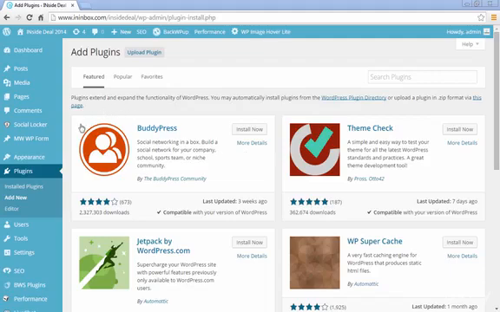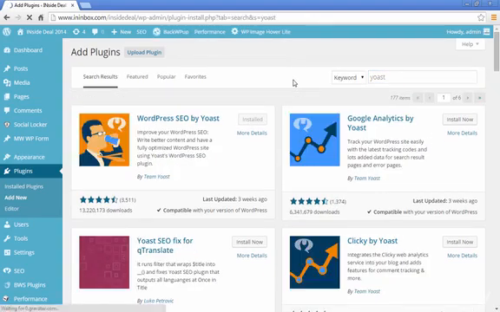So if you haven't already, go ahead and download the WordPress SEO plugin by Yoast. You just go to your Add Plugins menu, type in Yoast. It should be the one on the top of the list. Go ahead and install that because I want to show you some other options it has in the Advanced tab